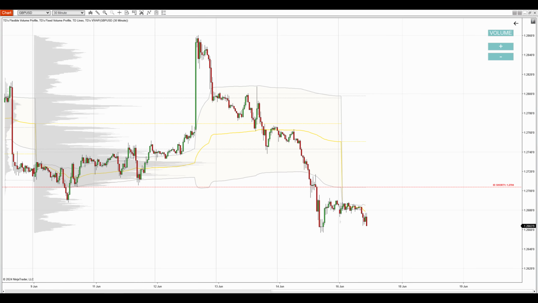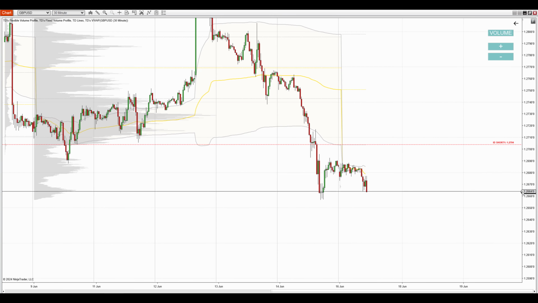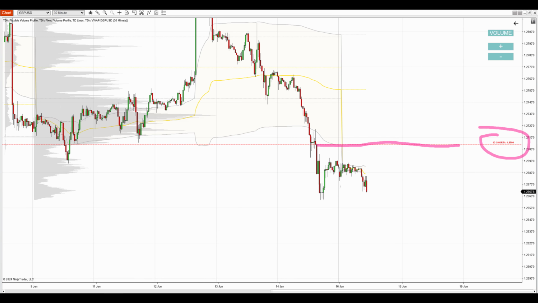So the first trading idea that I'd like to talk about is on the British pound US dollar. This is a 30-minute chart of the British pound US dollar. This is NinjaTrader 8 with my custom-made indicators, that's volume profile and VWAP indicators. And the level that I'd like to talk about here is a resistance, this one, at 1.2704. It is based on a volume profile setup,